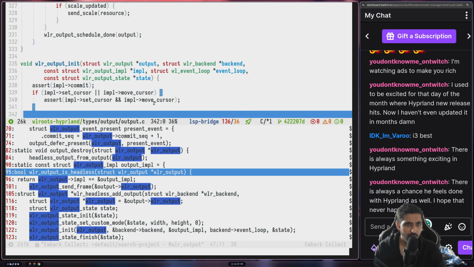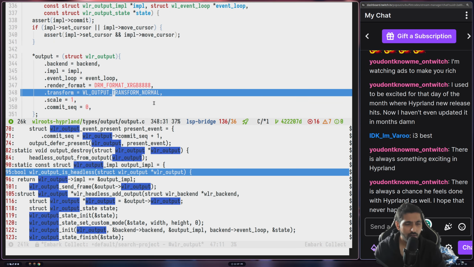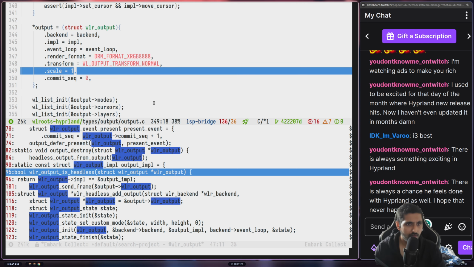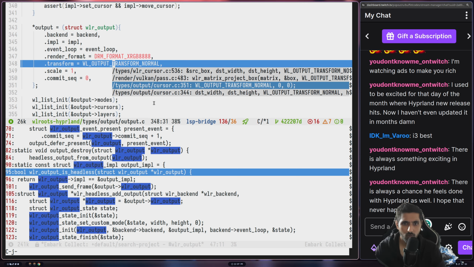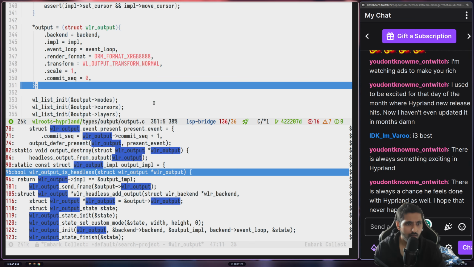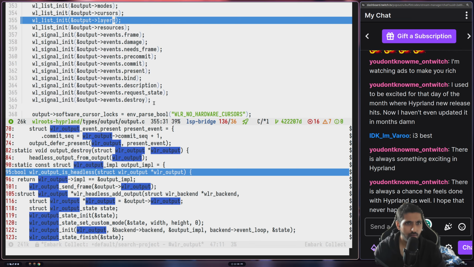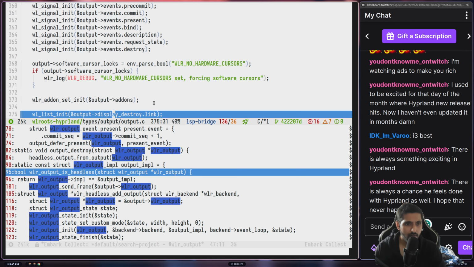Does it also set the transform? Yeah, there you go. Okay, so initially it just gives it an output transform normal. Okay, over here, then they are doing all this thing, right? So I don't see a transform here, but